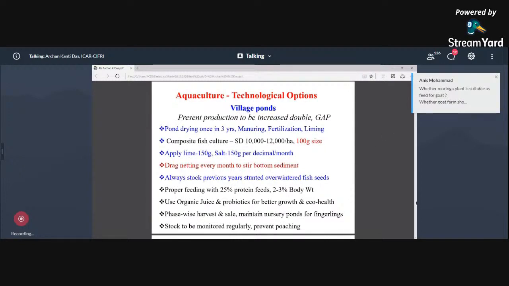Even a number of advanced farmers whom I am nurturing personally are stocking 1 kilo size katla and within 2.5 to 3 years, within 2.5 years,